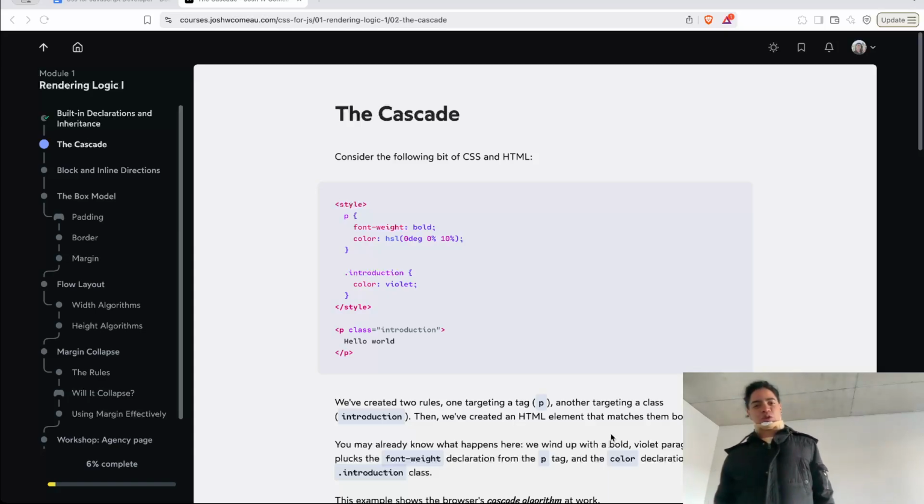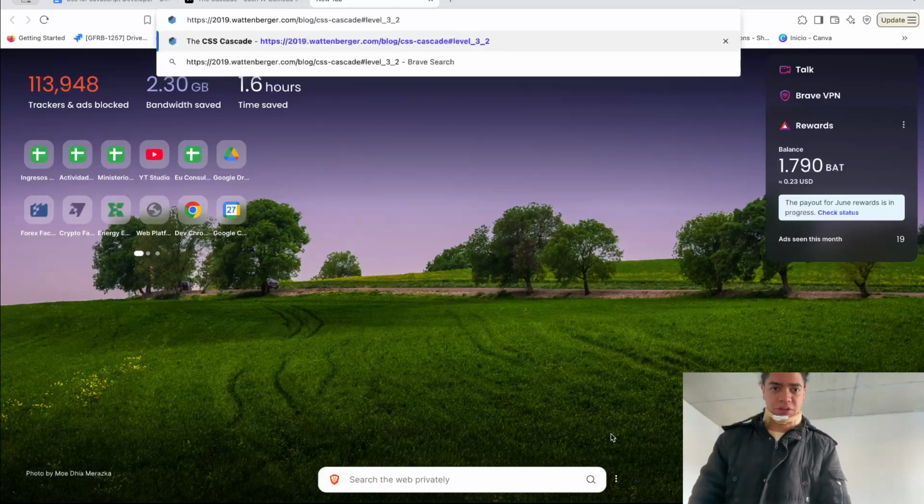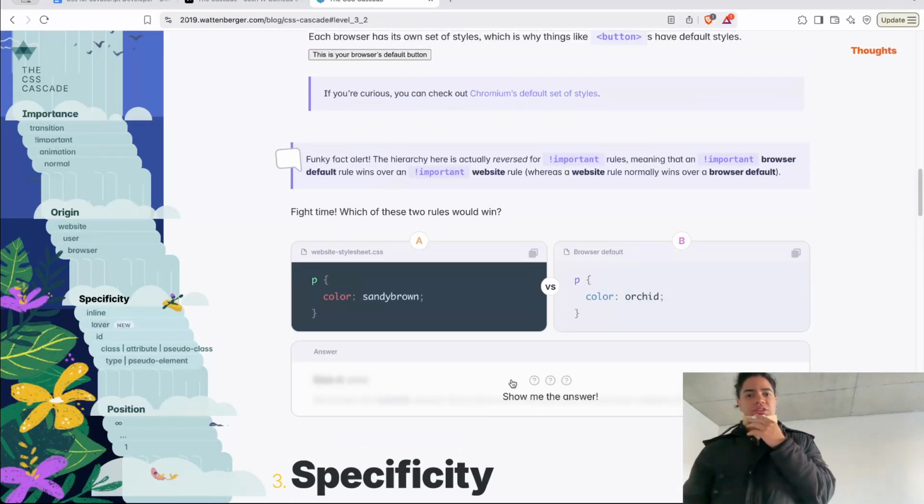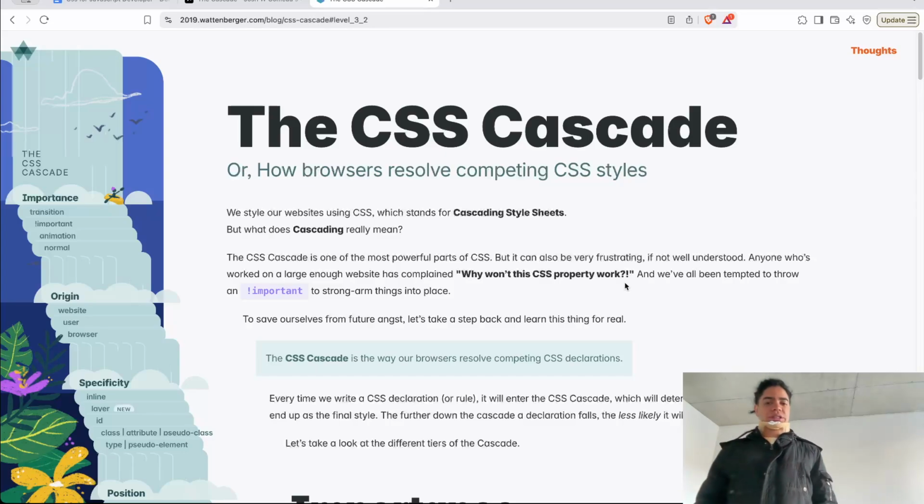And today, let's explore the cascade, which is part of the way CSS resolves how competing declarations are resolved, right? Which is the cascade. And I want to bring your attention to this section, which is very important here, all